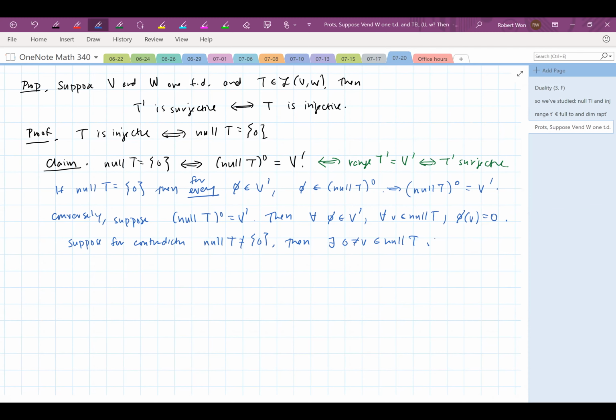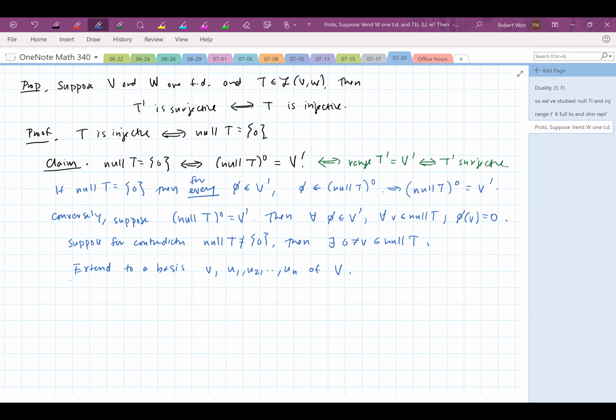Okay, now I'm going to extend. I guess I could start with a basis of the null space, but it doesn't really matter for this. So extend to a basis of V. I'm starting with V, and then maybe I'll take U1, U2, up through UN of V. Now we're going to define a linear functional that maps V to 1, vanishes on the rest of the basis, and that will give us a linear functional that doesn't vanish on the null space of T. But we can do this because we can send a basis anywhere.